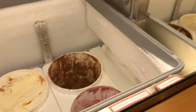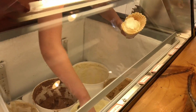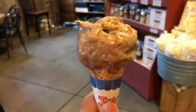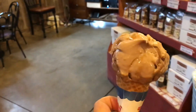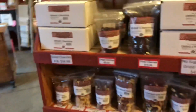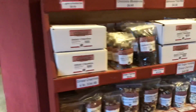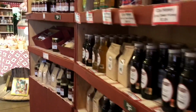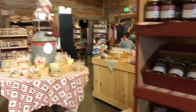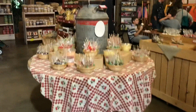So let's see what I get today. They got the good stuff here. I'm gonna get German chocolate. So I got this yummy German chocolate and it tastes delicious. But look at this place too. They have all these cute little country store treats in here. All these nice little syrups. It's called Rowley's Red Barn. They have like the old-fashioned